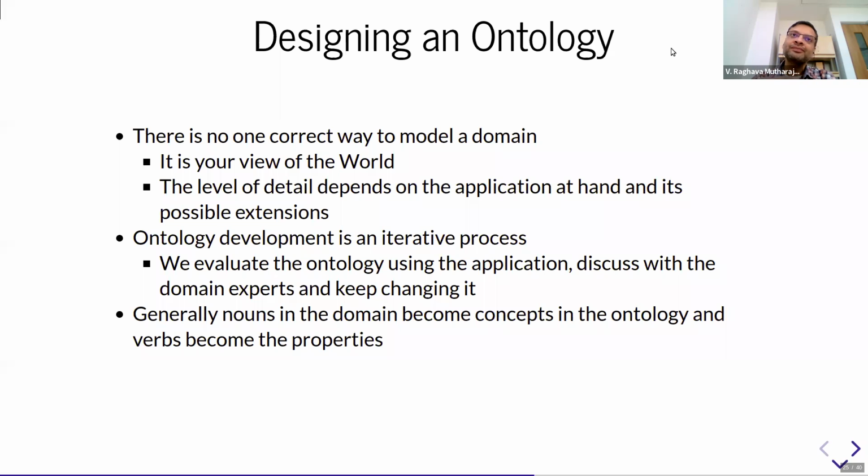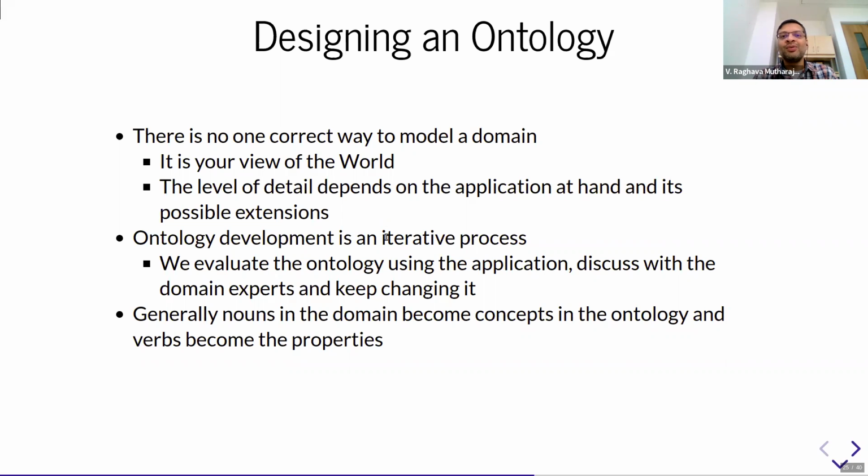So from that point of view, it's their view of the world. By world we mean the domain, right? So there's no one correct way to model the domain. Some of them could be interested in one part of the domain. The others, if there's a different group, could be interested in a different part of the domain. So it is okay. That's why we say that there's no one correct way, and it's also an iterative process in the sense that